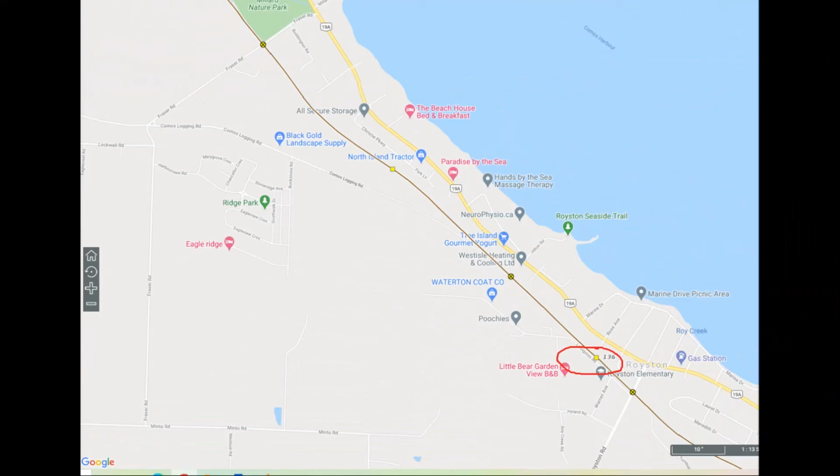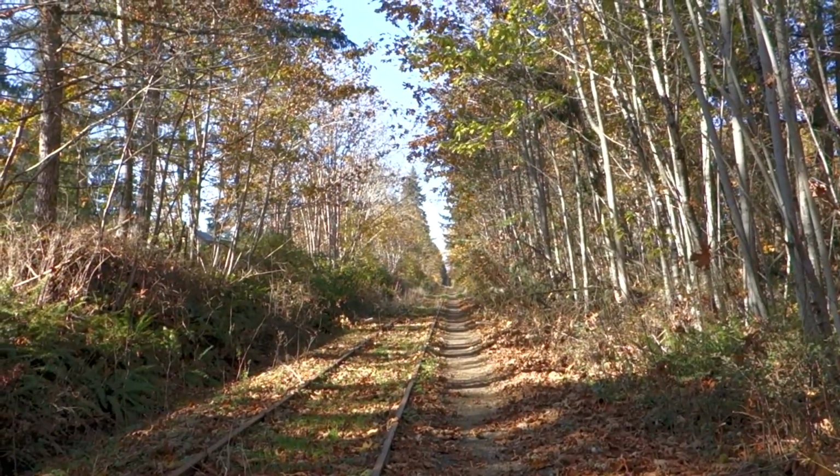At mile 135.9, there used to be an interchange with both the Canadian Collieries Dunsmuir Limited Railway and the Comox Logging and Railway Company Railway. In this upcoming part of the video, as I walk southward towards mile 136, I notice what appears to be an old railway grade on the east side of the E&N. And I speculate that it was Comox Logging and Railway Company Railway. It could have been that, or Canadian Collieries Dunsmuir Limited, and I eventually arrive at what I think was an interchange. And based on some charts that I've seen, there was an interchange in that area. Looking north,